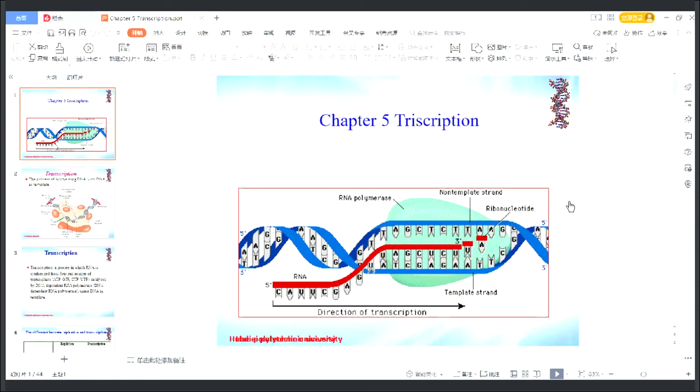Here, you can see this chapter. You can see we finished the replication. This part you understand where the replication begins. And the DNA damage and the repair and the recombination. This chapter tells us the DNA